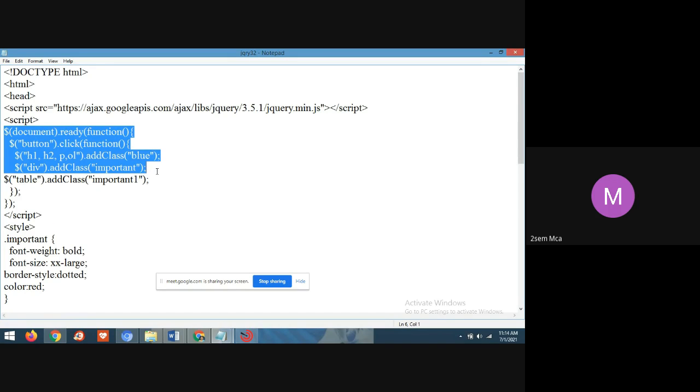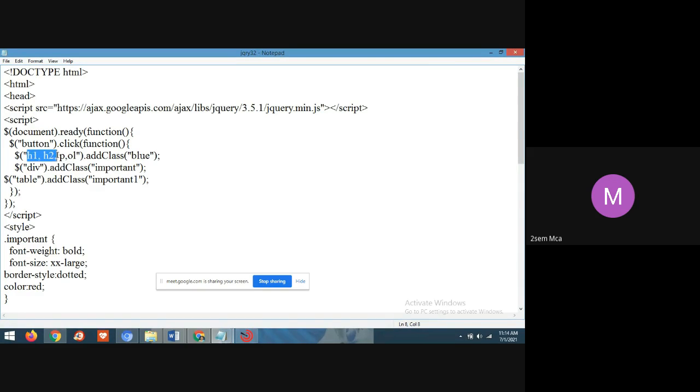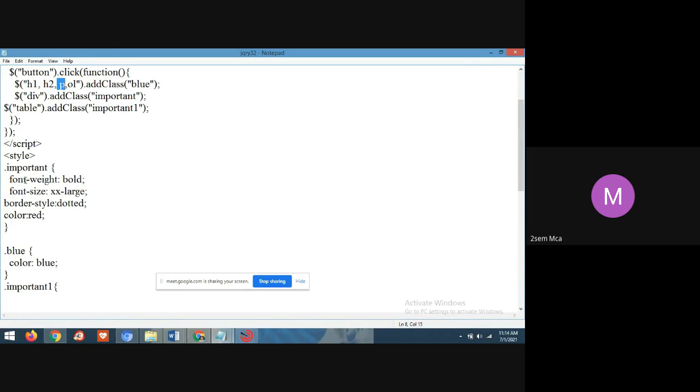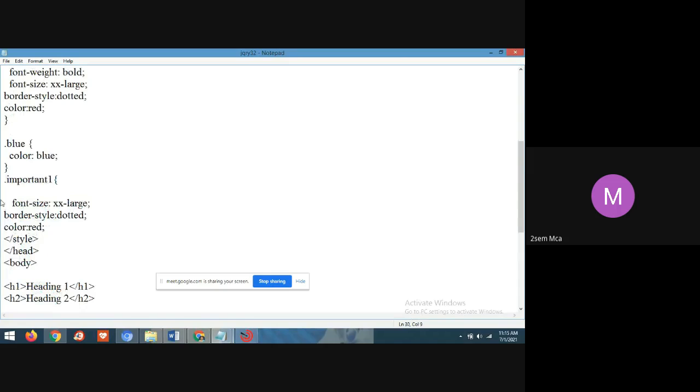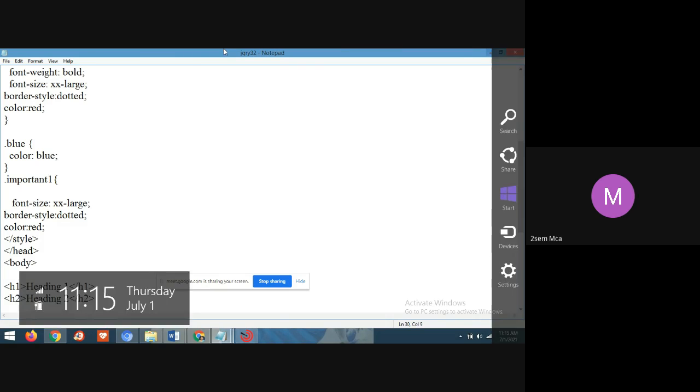This is jQuery, and here the tags I'm using are H1, H2, ordered list, div tag, table tag, and the paragraph tag. And here I'm applying the properties. Like this, you can modify or edit or design your web page. Yes, students, understood?